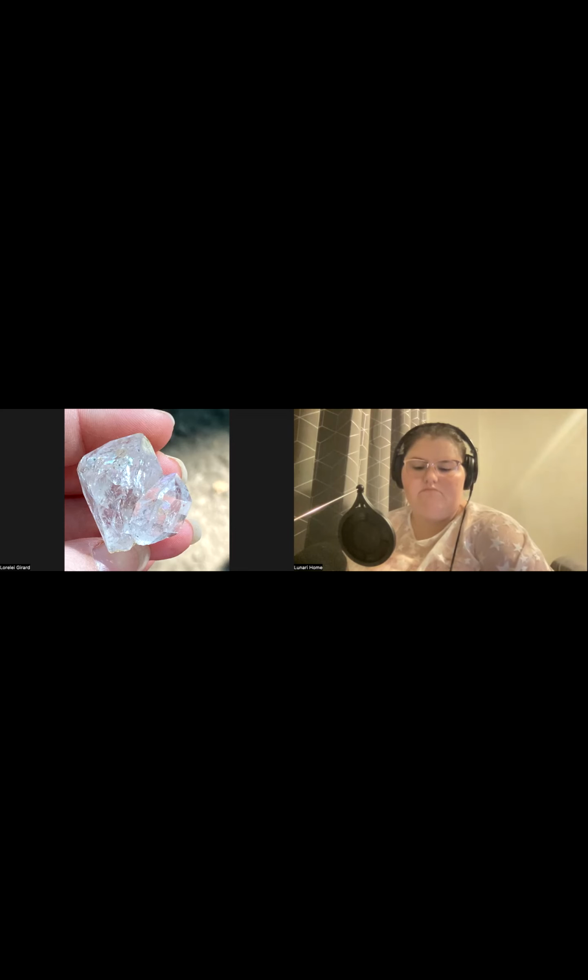Those are the three main quartzes, what you think of when you think of quartz, right? But they're different than a chalcedony, agate or jasper because they're clear. They don't have the semi-translucency or being just opaque.